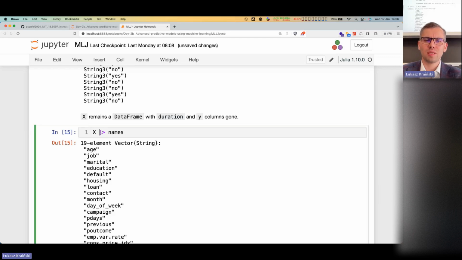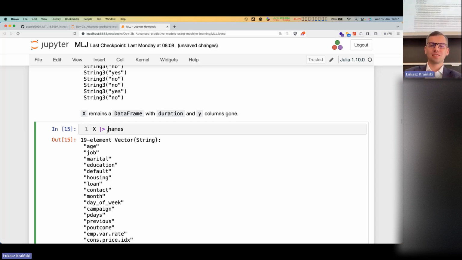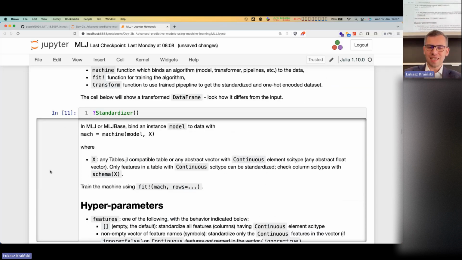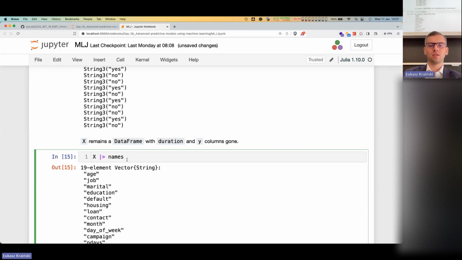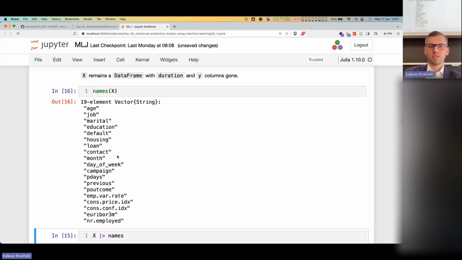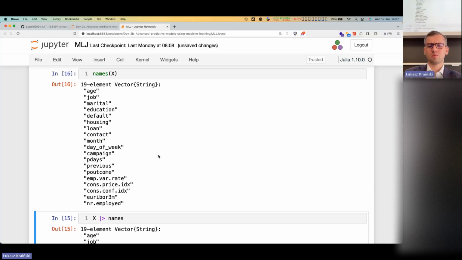By the way, was the pipeline syntax explained yesterday, or not? I don't think so. No, okay, which is really nice. I mean, the pipeline syntax, but let me just make a spoiler. I will use it later, but basically this is the equivalent of names of X, the same thing. So usually you should pass functions with one argument. You can use functions with more arguments, but then you need to care about the